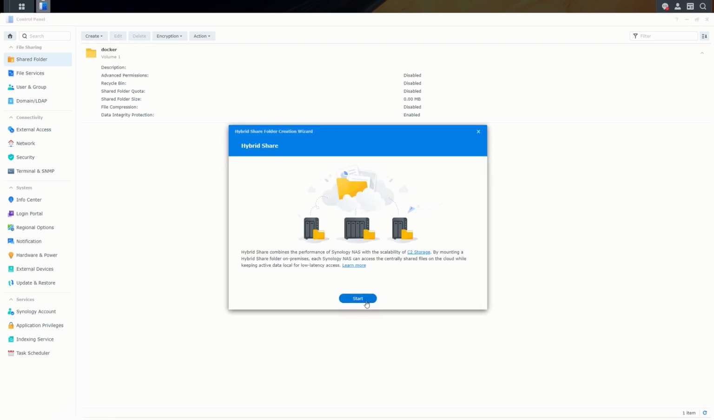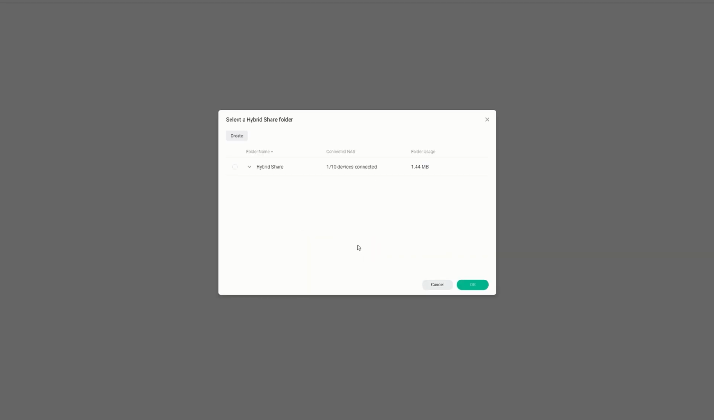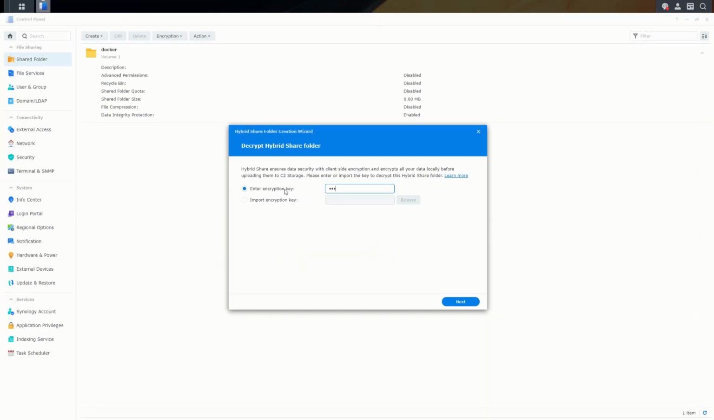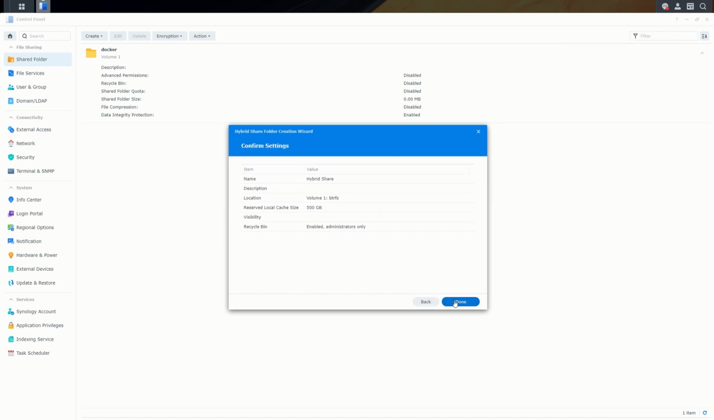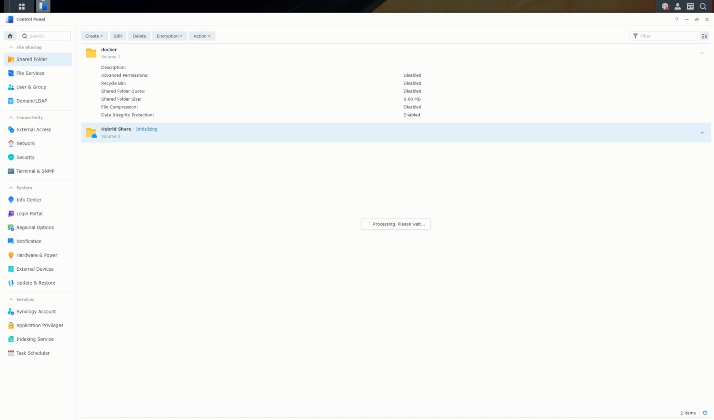We're going to grant access to C2 storage for the Synology NAS. We're going to mount that same Hybrid Share folder, and we're also going to type in our encryption key for that Hybrid Share folder, just like we did previously. Next, we're also going to set up our local cache threshold, which we're just going to leave at 500 gigabytes in our case, which is the minimum. And once that's all finished, we now have the Synology NAS reincorporated into our environment,